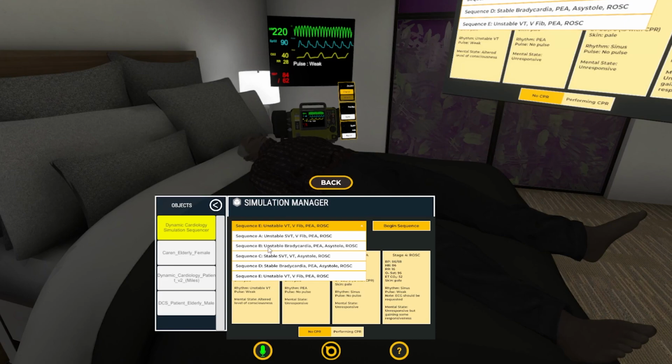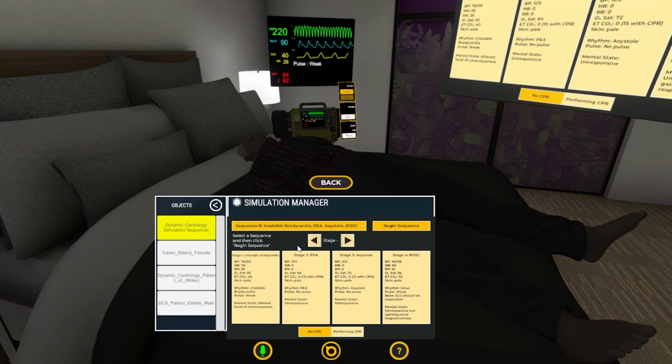Once you have chosen a sequence, let's say I'm going to do unstable bradycardia to PEA to asystole to return of spontaneous circulation. I select that one, and as soon as I select it, I can hit begin sequence. When I hit begin sequence, you notice all of my values automatically change on my monitor. Okay? And so now the student is going through and doing everything they need to do for unstable bradycardia,